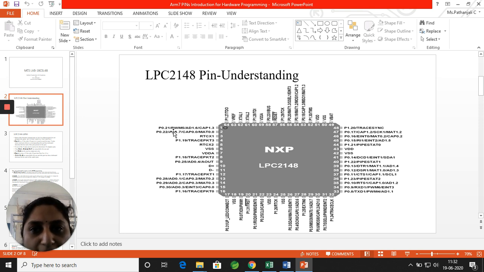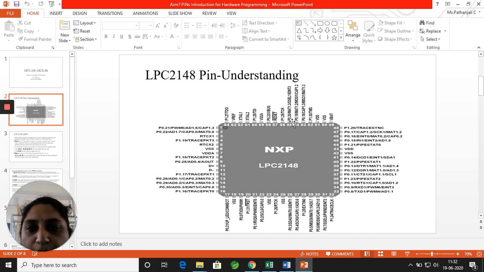The pin numbers start from P0.0 to P0.31, so a total of 32 pins are there under port 0, and in the same way we have port 1, which is from P1.0 to P1.31. You can see here in the 24th pin, P1.27 is there, P1.28.